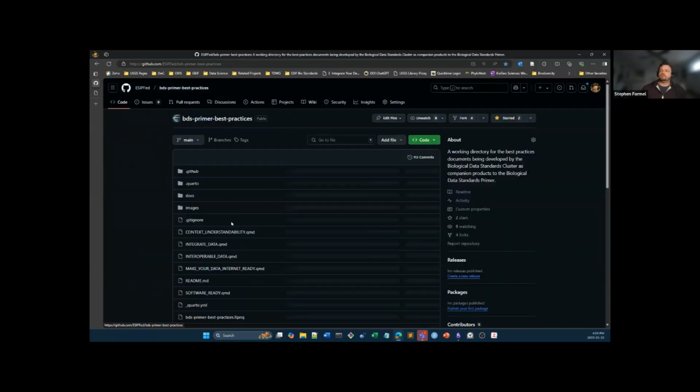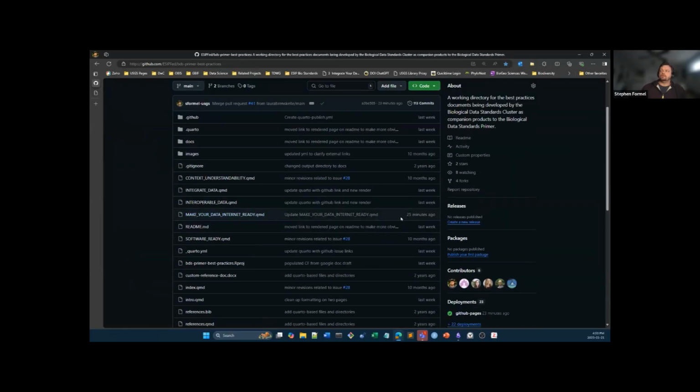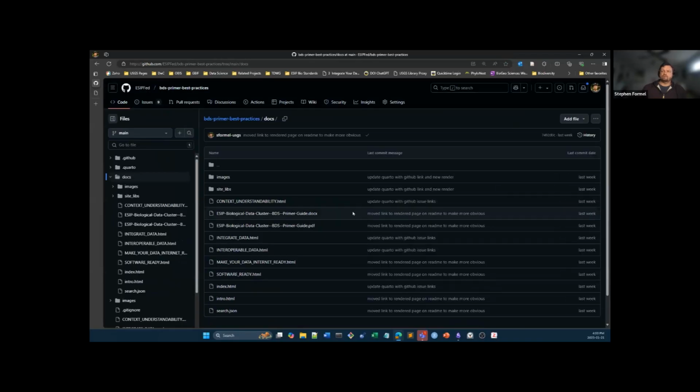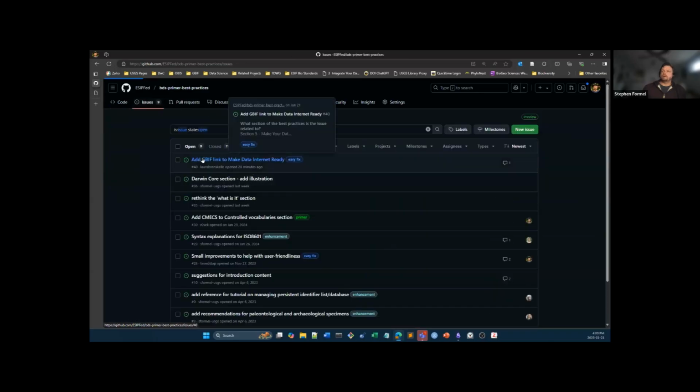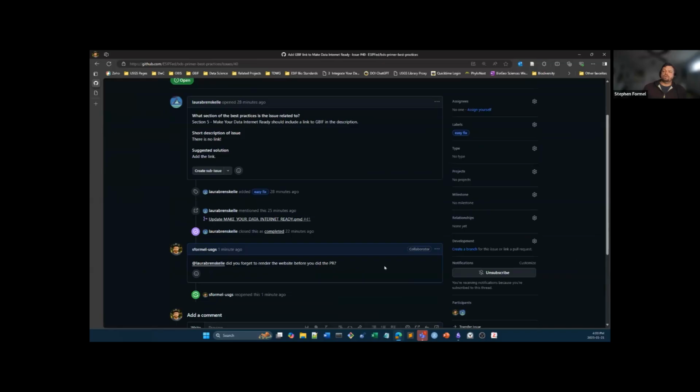And so effectively what that means is if we go back to the repo, we can see that 25 minutes ago, that file was changed. But if we go into the rendered HTML, which is in the docs folder, again, this is a little more than some folks need to know. This file was not changed. It has not been changed since last week. And so I'm just showing this, going back to this issue that I reopened. This was just to make the point that you could reopen issues. It's not really important. We're still figuring out our workflow. It wasn't important to render it right now, but I wanted people to know that you can reopen issues if you have a desire to.